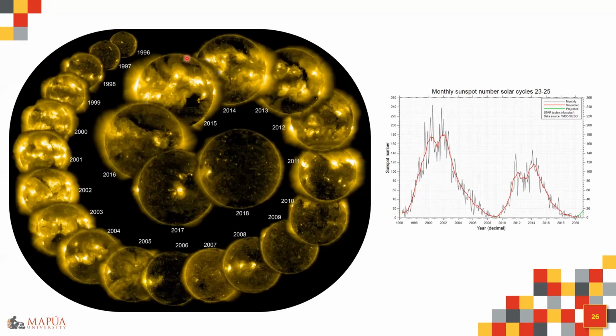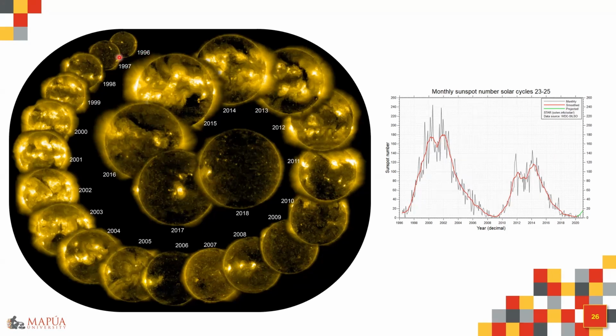As you can notice here, this series of annual images of the sun was captured by the Hinode satellite, again in extreme UV. So starting with 1996, which is the start of solar cycle 23. Solar cycle 23 started in August 1996, and then ended in December 2008. So this picture of the sun using the Hinode satellite captured the sun from 1996 all the way to 2018.